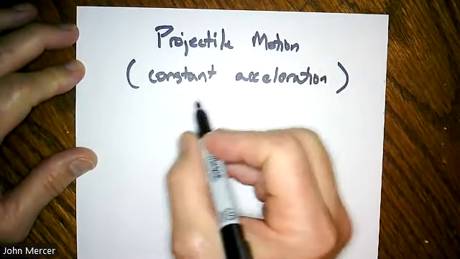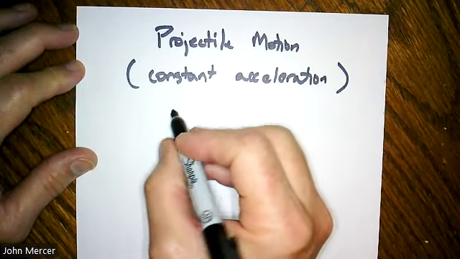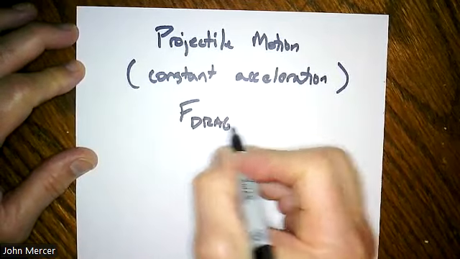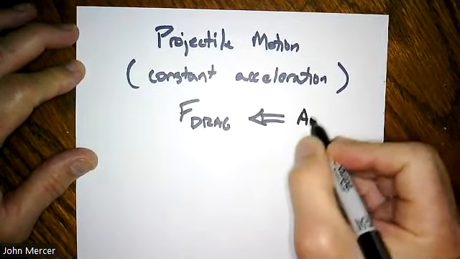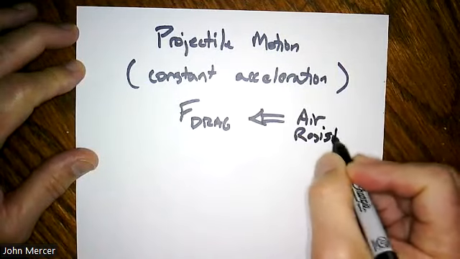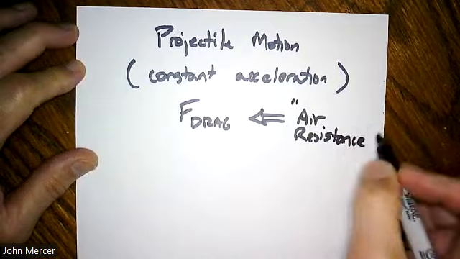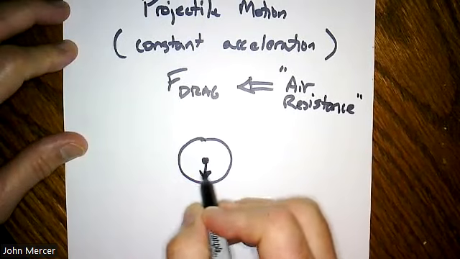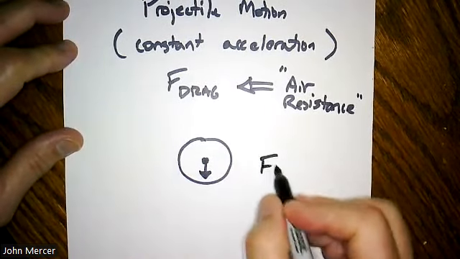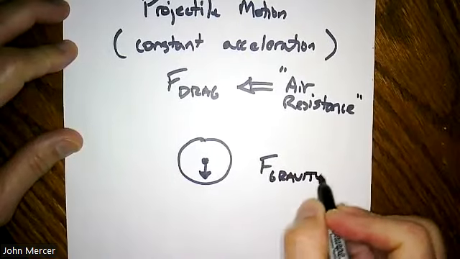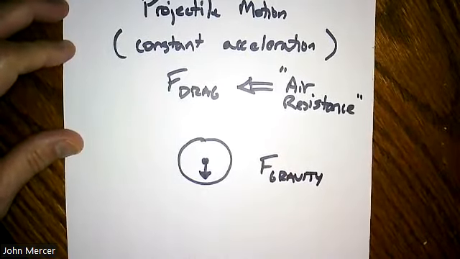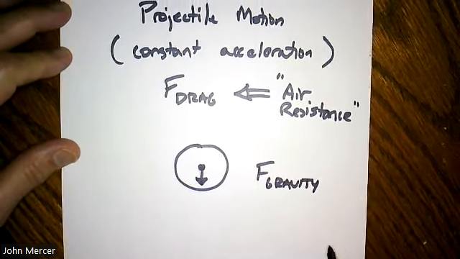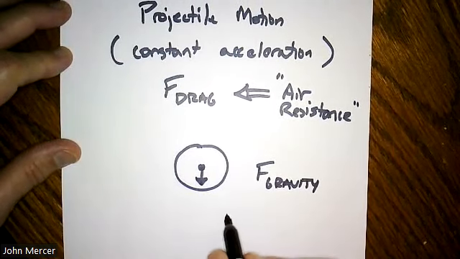But in this situation, when we're dealing with constant acceleration, we are not going to deal with drag force due to air resistance. Okay. We're not going to, because then what we have is a situation where a projectile in the air is being acted on by one force, and that's the force due to gravity. And if I dealt with air resistance, I'd have to draw another force on here. But when we deal with a situation with one force acting on the object, we then use our Newton's second law,